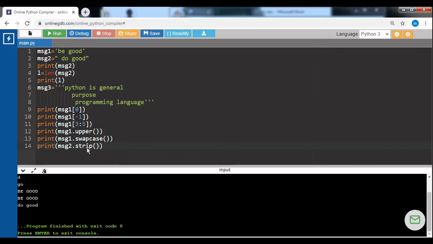You can see that if I use strip, it will remove the white space that was specified in message 2. I will show the difference.